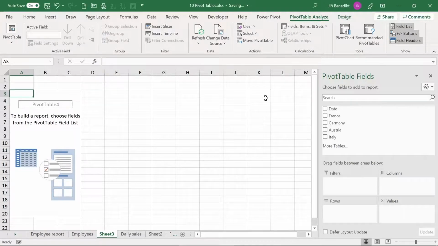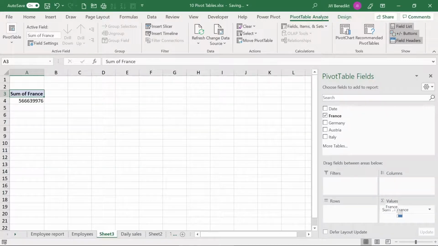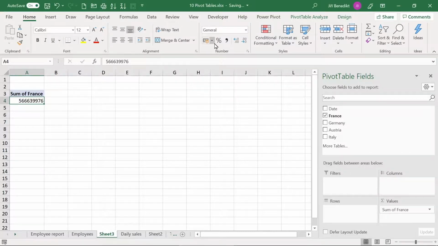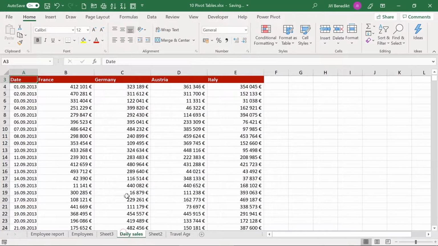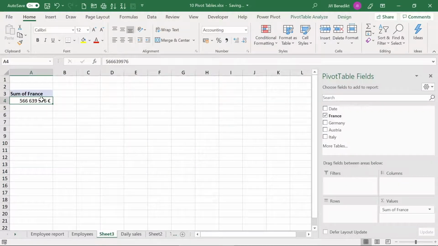and this time I will be interested maybe in the sales in France. So I will start with the value. I will put France in values. So this is the sum of sales in France. Again, I will format it to euro. A pivot table, as you can see, is not very good at understanding the format, because even though the data is formatted with euro, the pivot table cannot read this formatting, so you need to format it manually here. And now I would like to split it by date,